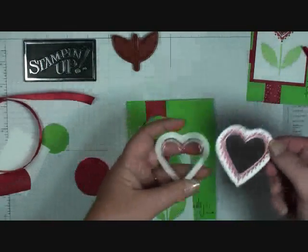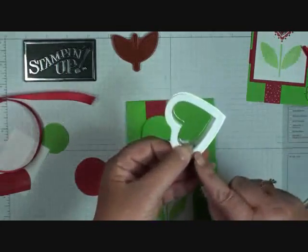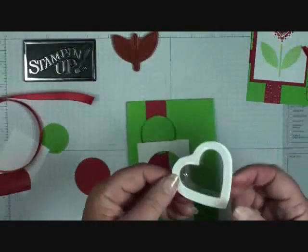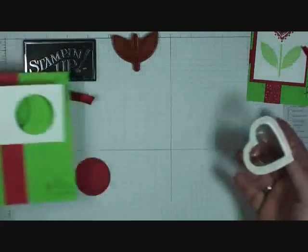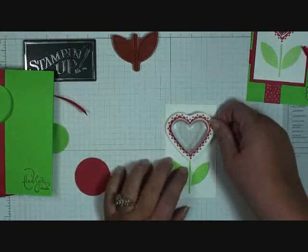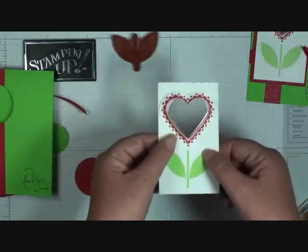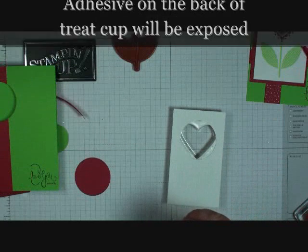Okay, so now grab your template and put it over top of the treat cup. On the back side, there's going to be a little cut, and this is where you're going to lift to reveal the adhesive. Then take your Whisper White piece that you stamped. You're just going to position this right over top of that hole of the 1 3/4 circle punch, like that. On the back you're going to notice there's a little sticky there, and I found that if I just use the